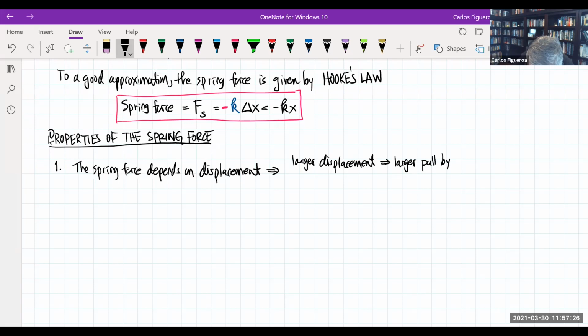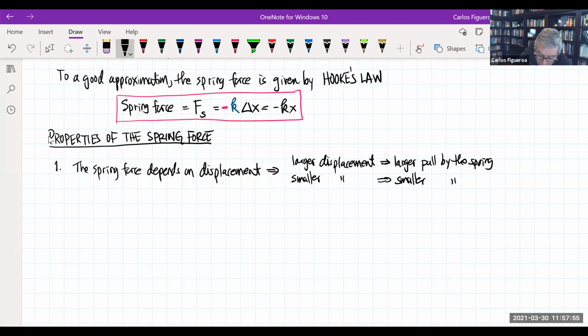pull by the spring. Now, you could say, yeah, but what if I distort the spring so much that the spring can't do that? Well, that doesn't count. We have to assume that it's a proper working spring. So if I have a larger displacement, I'm clearly going to have a larger pull by the spring. If I have a smaller one, then of course I'm going to have a smaller force here